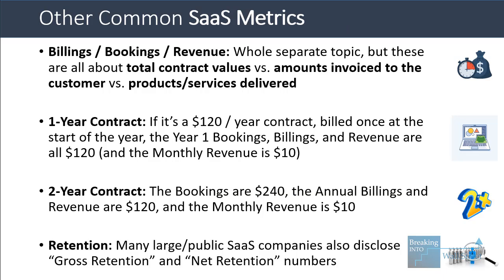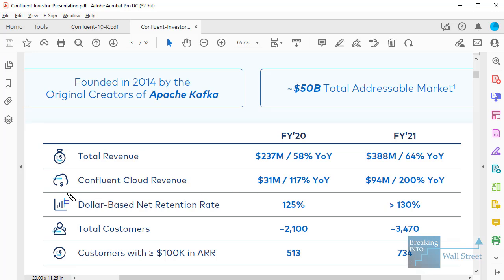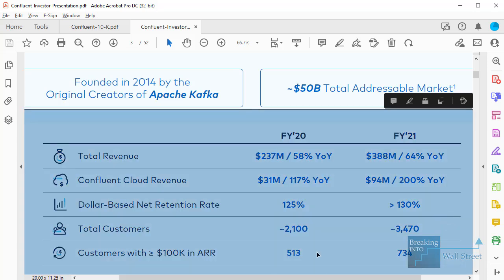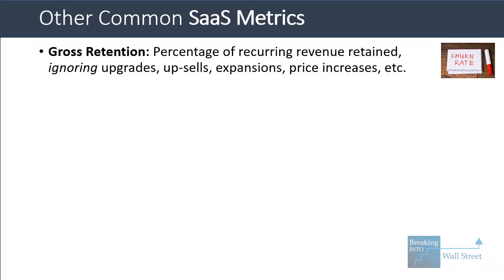Some large and public SaaS companies also like to focus on gross retention and net retention numbers. If we look at Confluent and you go to their investor presentation, they don't tell us anything about the cancellation rate or the expected lifetime of customers or the lifetime value of customers, but they do give us this dollar-based net retention rate. The numbers here of 125% and 130% look quite good, but the issue here is that gross